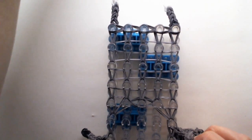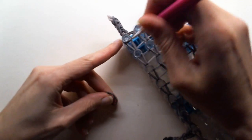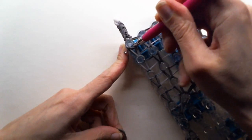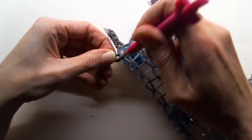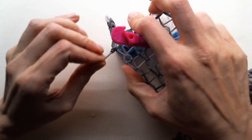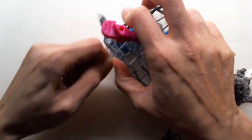Now grab 2 bands of the color that your bracelet is and stick your hook through all of these bands until it comes out at the bottom. Pull through those 2 bands and make a slip knot, like with all my other bracelets. To secure this corner, we will hide those bands into the bracelet later. Pull tight